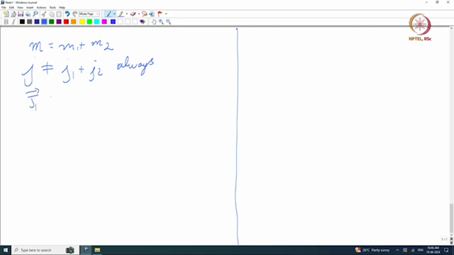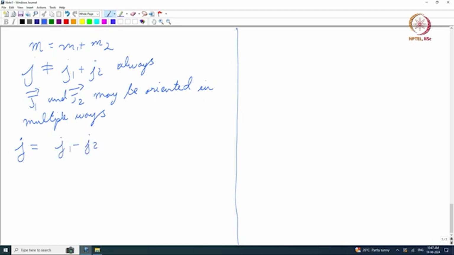Because the J1 and J2 vectors may be oriented in multiple ways, correct. In other words, what are the values that are allowed for the total J? Again, go back to your quantum mechanics or go back to the earlier parts of this lecture or the earlier lecture, and you will be able to guess that all the values of the total J